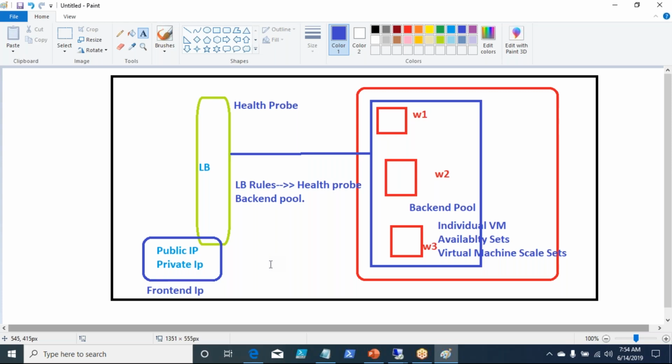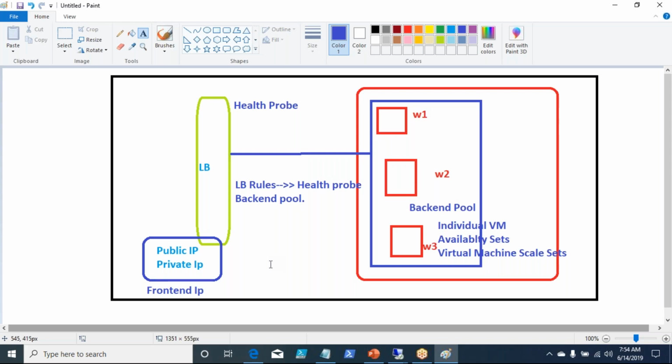So the load balancer will be pointing to a backend pool of resources. This pool of resources could be a number of virtual machines. And these virtual machines you can add as an individual machine, or you can add an availability set, or you can add a virtual machine scale set. Availability sets will also have a group of VMs.